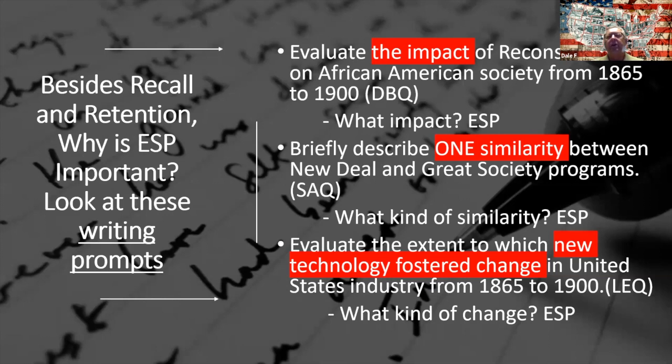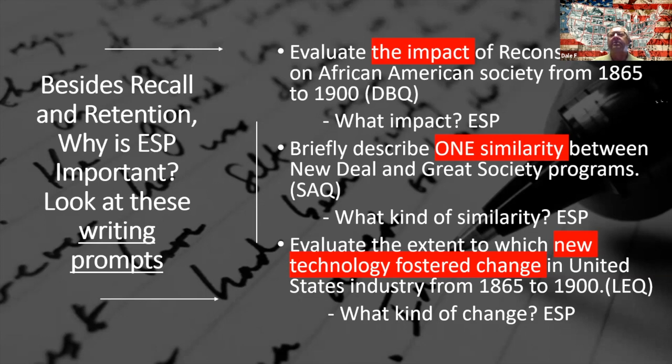So here you see an example of a document-based question, an example of a short answer question, and an example of a long essay question that had appeared in previous national exams, which ESP can be very, very helpful for you to resort to. For example, the first question says, evaluate the impact of Reconstruction on African American society from